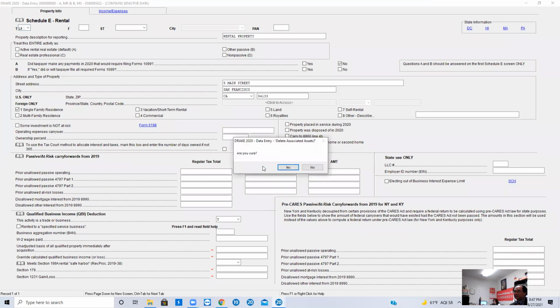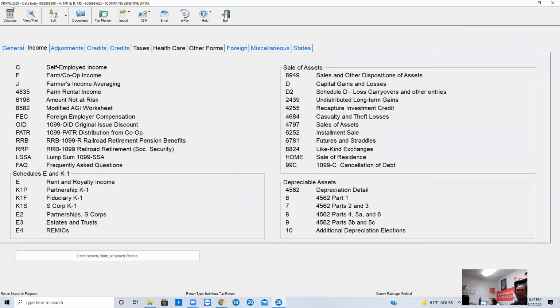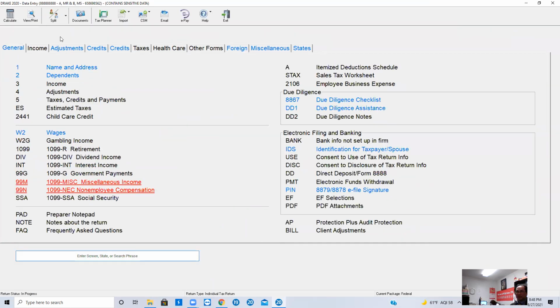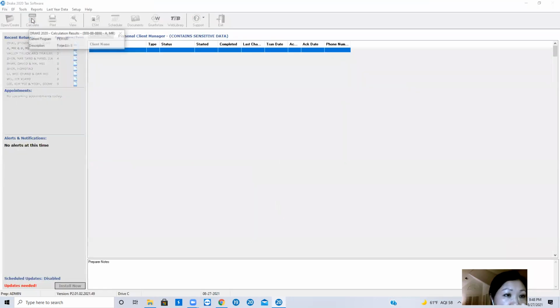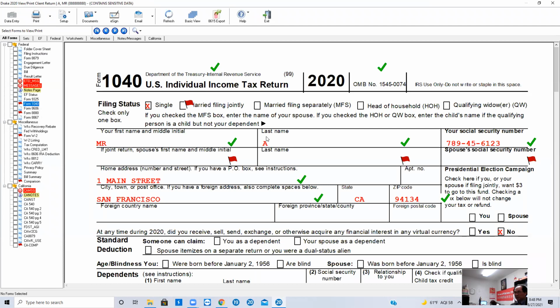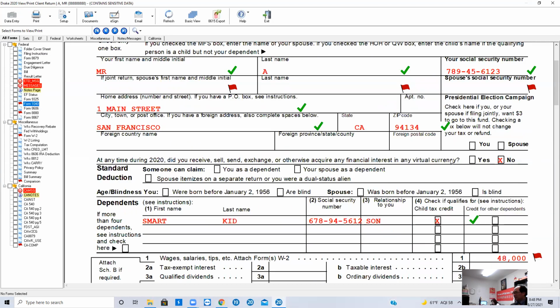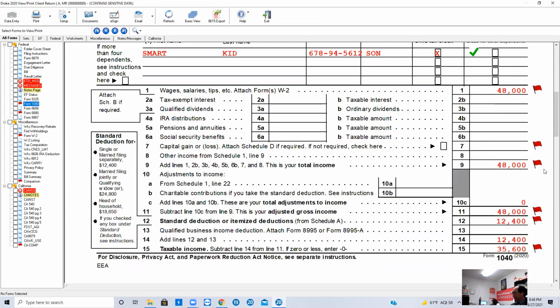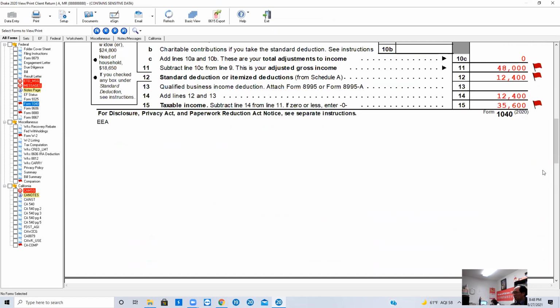Now, this is a simple situation. This is just like a single tax return, and just only this person at 48,000. Straight up,